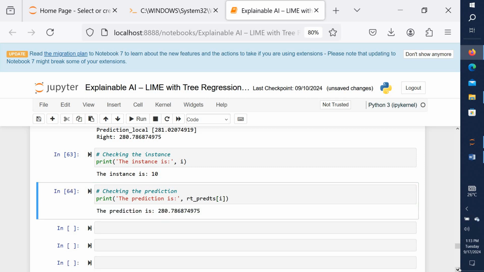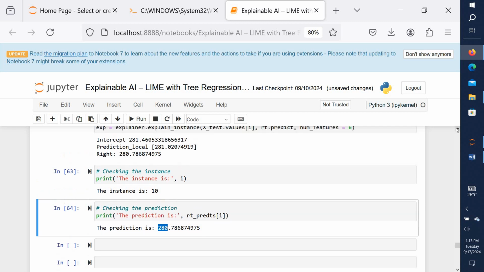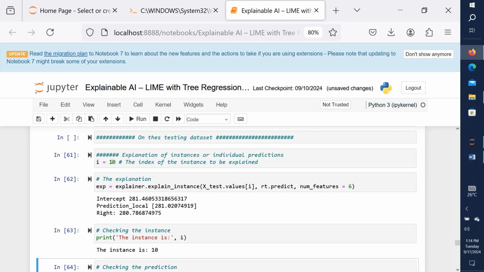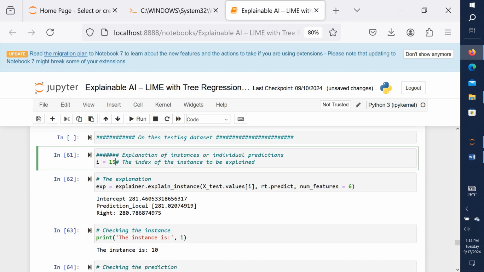We run and we compare the right here with this same, for i equal 10. This is what we get. If we change our i to 15 and we run, sorry, i equal 15,